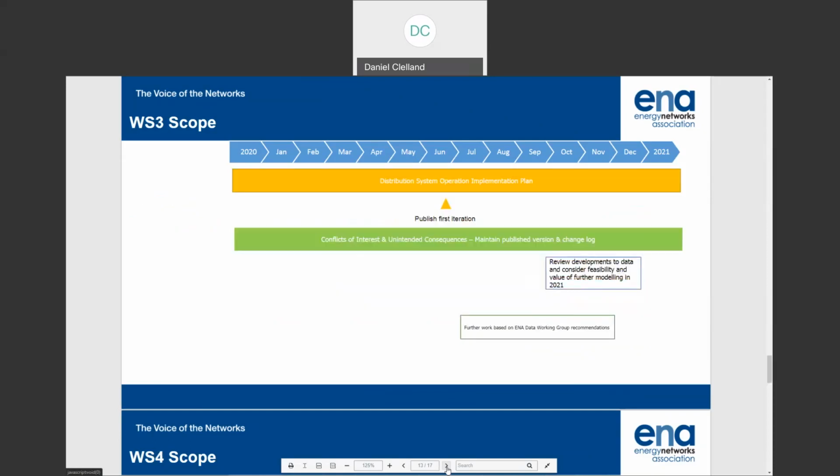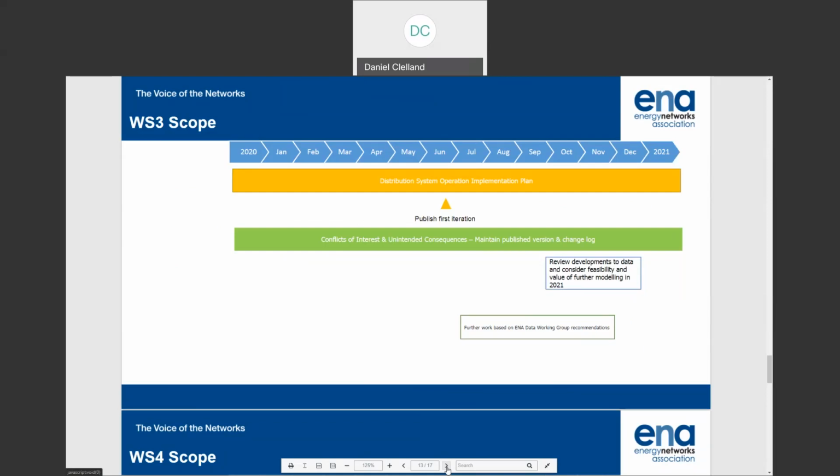Okay, workstream 3 is our distribution operation workstream, and this is slightly simpler for us centrally in Open Networks this year, because we concluded, in line with the stakeholder responses on distribution system operation, we now have our model for DSO, ESO coordination enhancements backed by price-driven flexibility drivers.